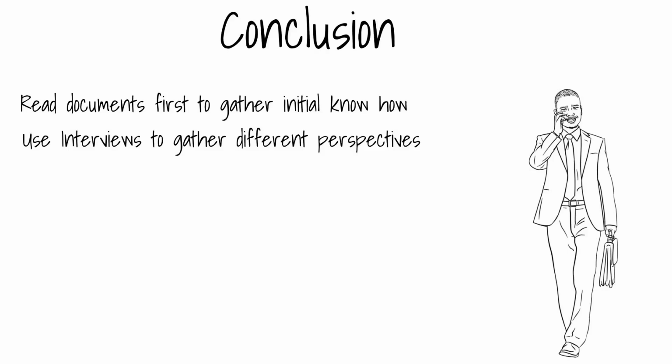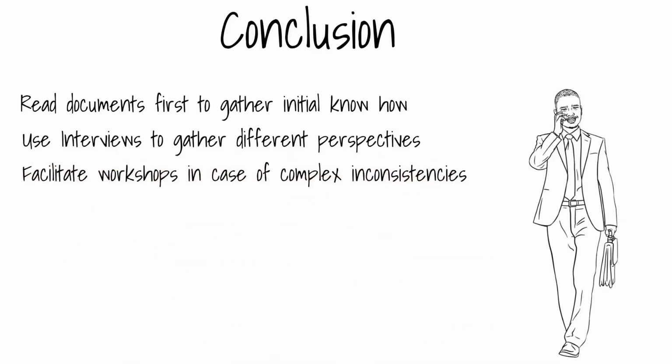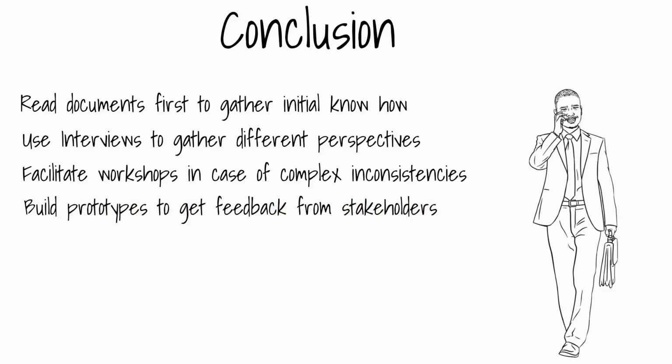Facilitate workshops if you have complex inconsistencies or stakeholders are not on the same page. And use the concept of prototyping in order to get feedback from the stakeholder. Try to make these feedback loops 1 or 2 weeks so you can sync with the stakeholder frequently and issues come up faster. Also, bring stakeholders on the same page with sync meetings. Optional are